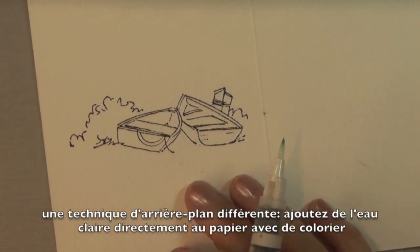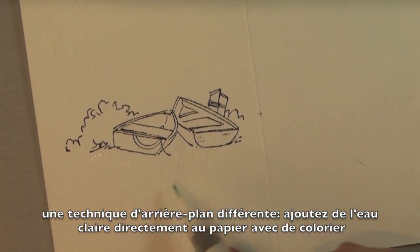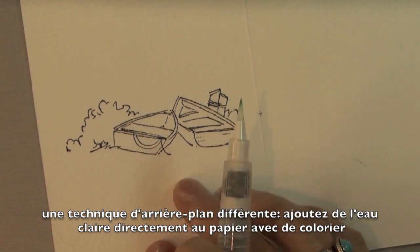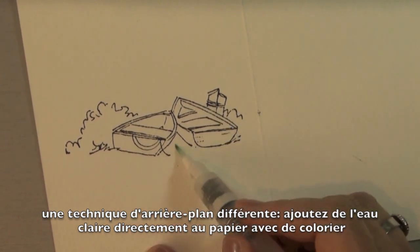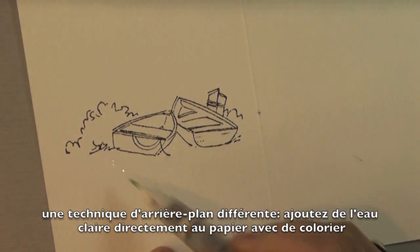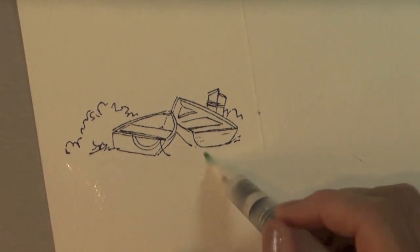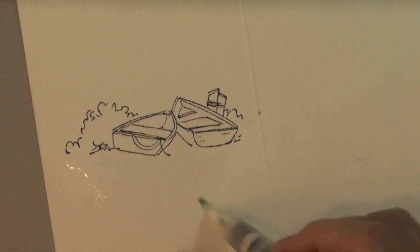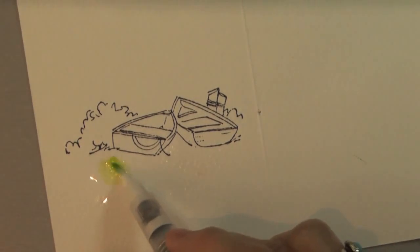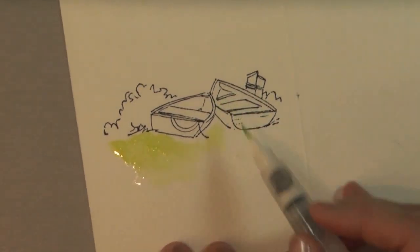Now let me show you another background technique. Instead of picking up the color and adding our grass directly onto the dry paper, I'm just going to wet the area where I want the grass to be. And now I'm going to pick up the color, and you'll see that as soon as I add the color,